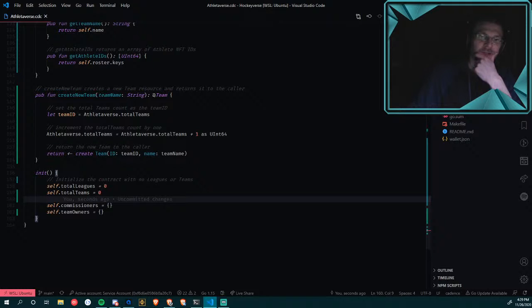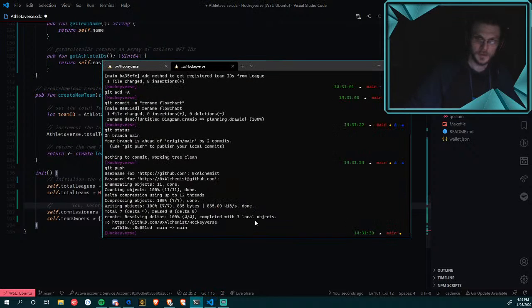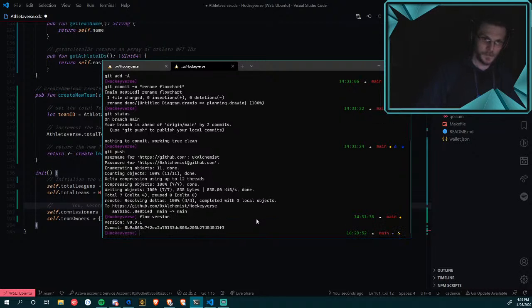So that's nice. Maybe we'll do that. I don't really want to mess around with my Flow CLI install, so we're just going to use, I think, 9.1. Cool. 9.1 OG.